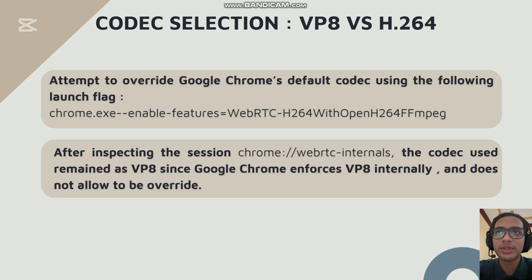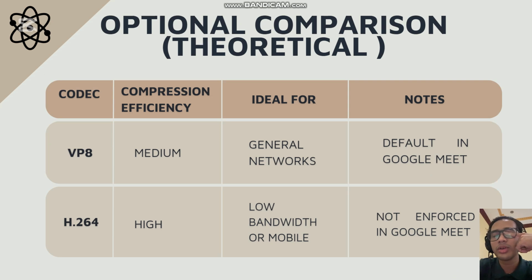Next is the codec selection, VP8 versus H.264. I attempted to override Google Chrome's default codec using the launch flag stated here. But after inspecting the session in WebRTC internals, the codec still remained VP8, which is Chrome's default codec. I tried to enforce H.264, but Google Chrome doesn't allow it. Even if I try to override it, it will still use VP8. So I cannot use it,